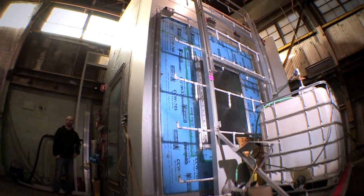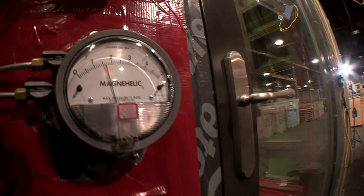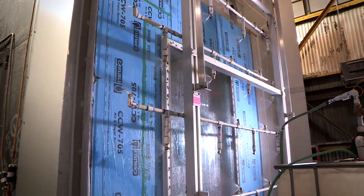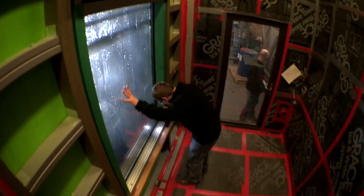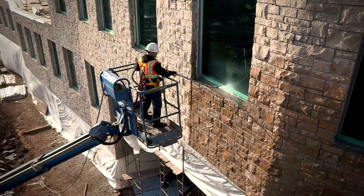We built a mock-up chamber that we can test our different systems in. It's a negative pressure chamber which simulates wind velocity. We've run tests that are in upwards of 70 mile an hour sustained wind with 4 inches of water in an hour. When the material goes out to the field for a first install, we have a review of that